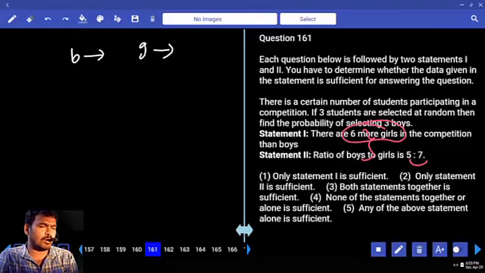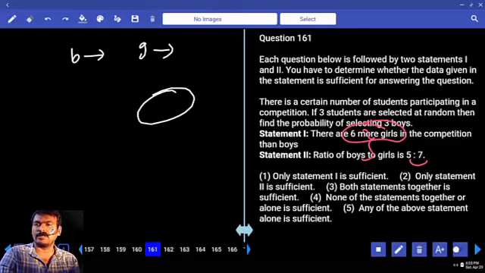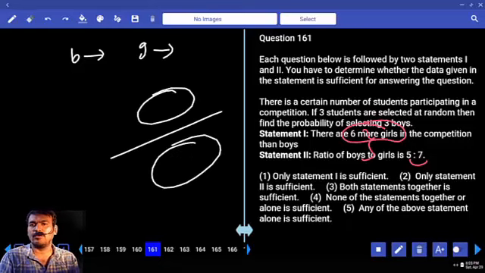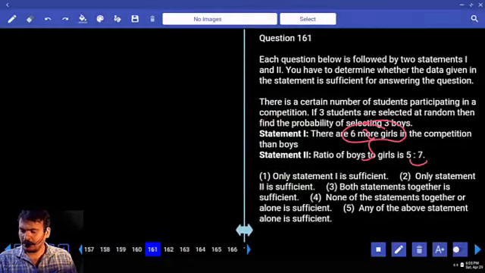We get the individual boys and individual girls means, obviously we get the total members, or not? For the probability concept, favorable cases by total number of cases, or not? Favorable cases means boys, by total cases means boys and girls, are they not? Then by using both the statements we get the answer. For the answer, third or fourth?